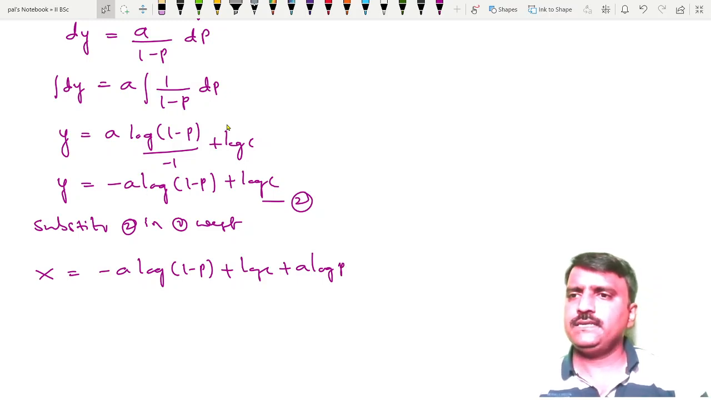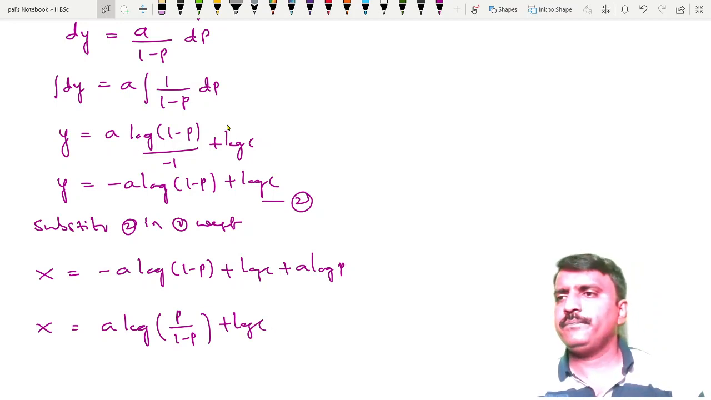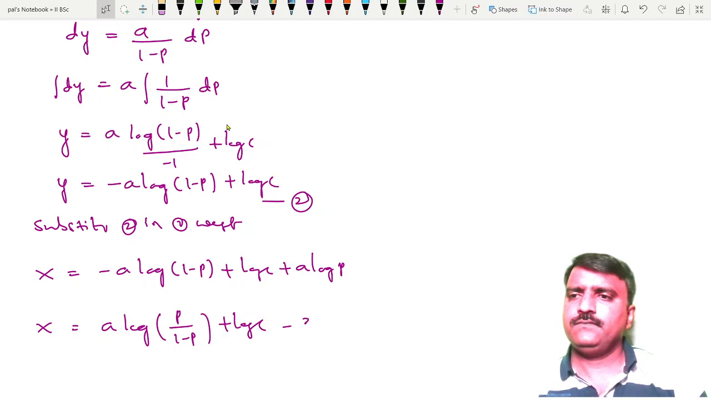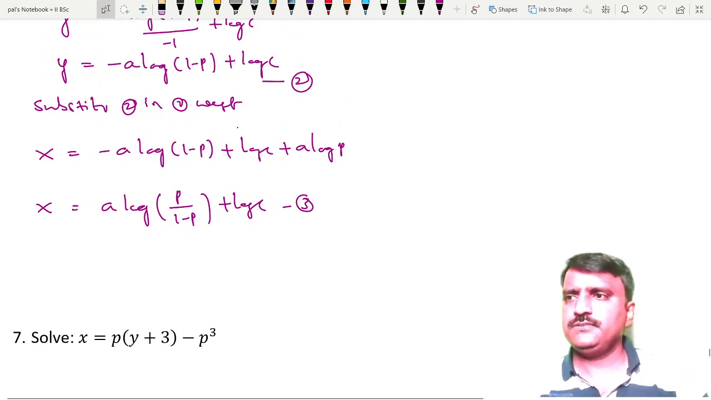Okay, now if you take a as a common factor from the first and last term of the RHS, then we have x is equal to, ಬರುತ್ತೆ ಅಂದ್ರೆ log p minus log of 1 minus p ಬರುತ್ತೆ. We can write that as a log p by 1 minus p plus log c. Okay, so this is 3. So write the complete solution. Therefore the complete solution is